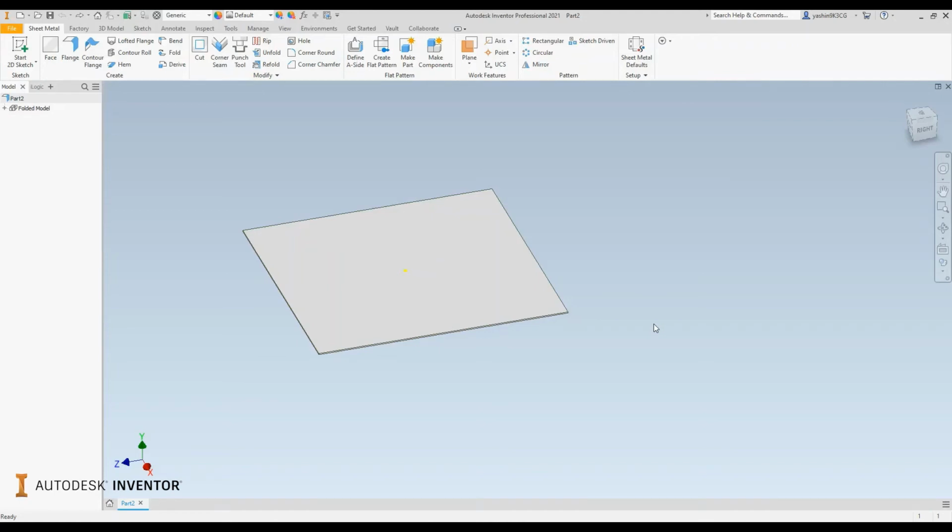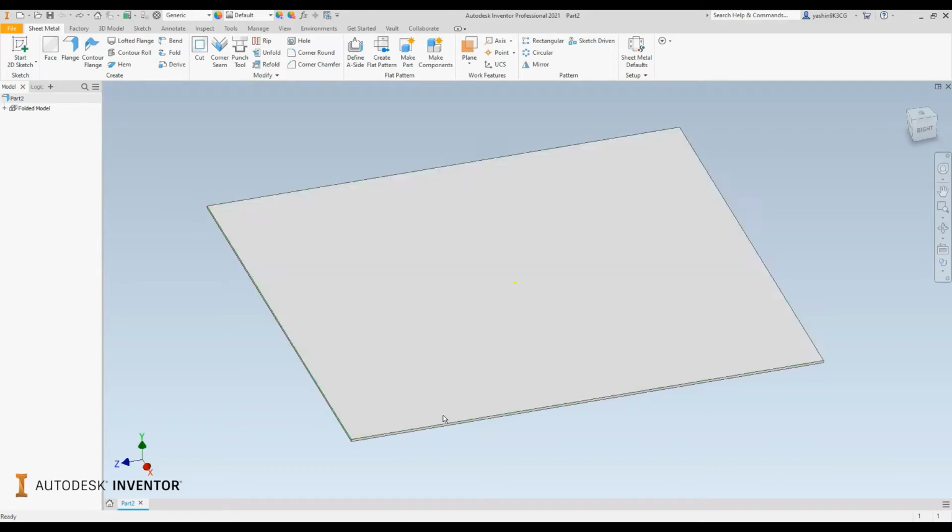You are here with Yashin from Modern OneSolve, and the function I will be showing you how to work with today is the sheet metal flange tool. The sheet metal flange tool is a great way to efficiently create extensions to your flange, to your sheet